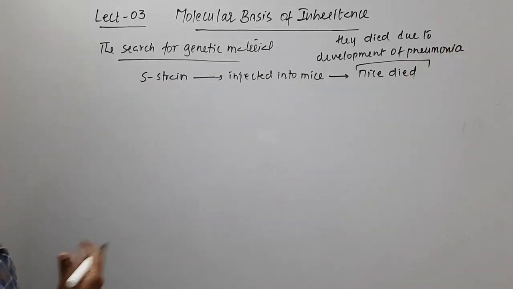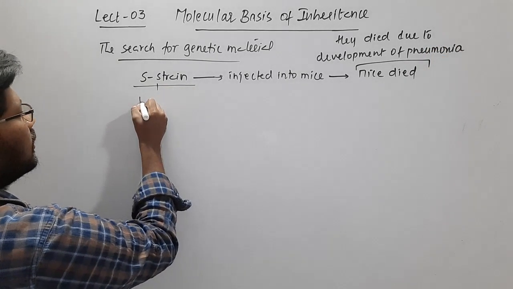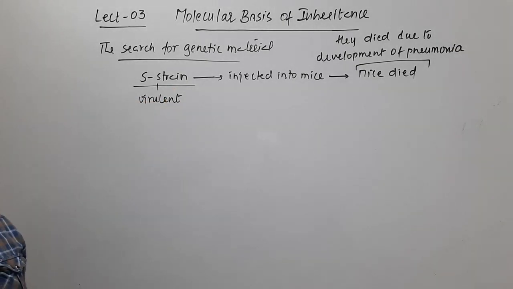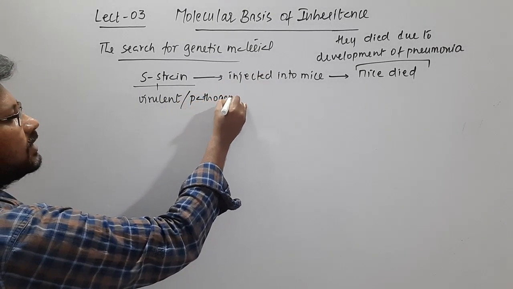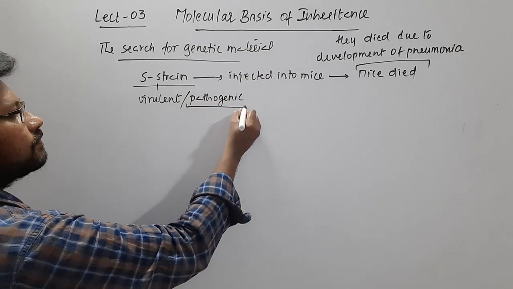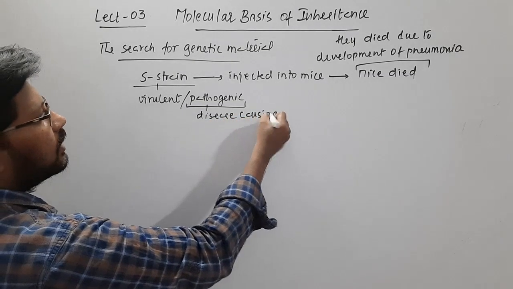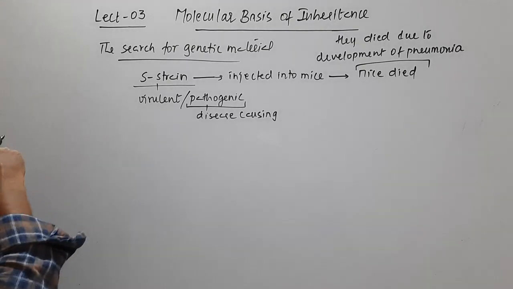With this he concluded that this S strain is virulent, which means it is harmful or disease causing. So that's pathogenic, meaning disease causing. So the S strain is virulent or pathogenic because it caused the development of pneumonia and resulted in the death